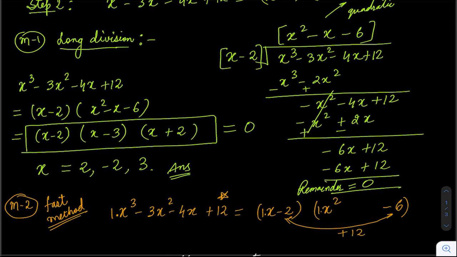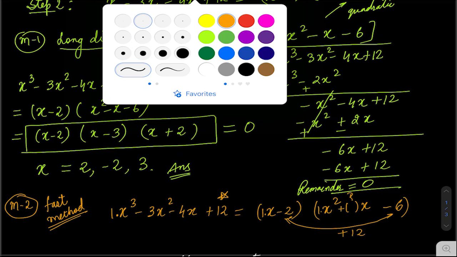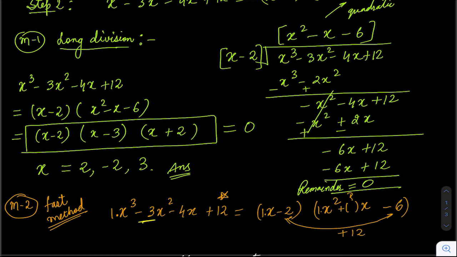So that's the logic. Now similarly, the same logic we can use to find the x value here. So let me for now write plus x, and I want to find this coefficient on the right hand side. Okay, so what I can do is, you can either search for minus 3. Okay, let's go for minus 3x square. Let me just give you one example. So I need minus 3x square. So now you have to think, what number should be there as a coefficient of x to give us minus 3x square. So let me just erase this so that it doesn't become so messy.